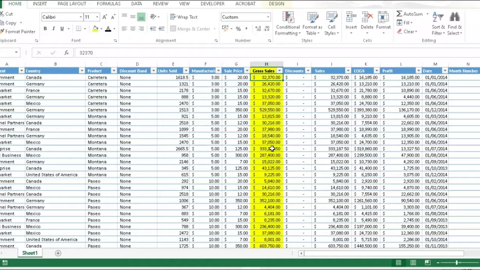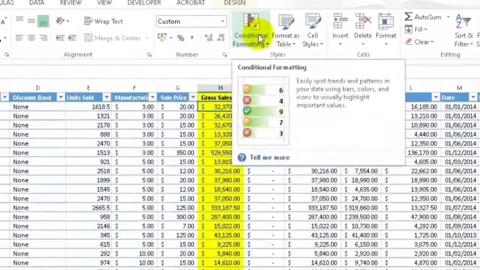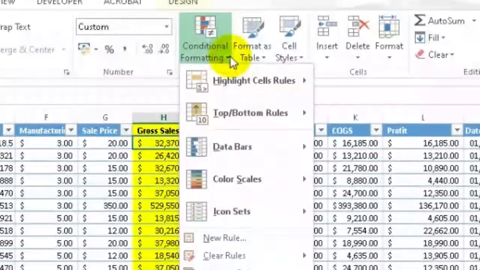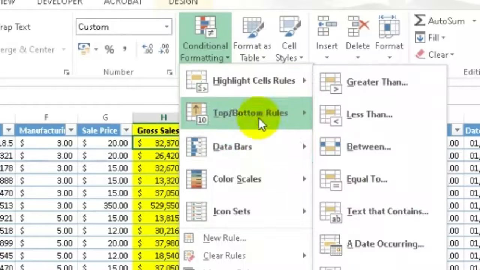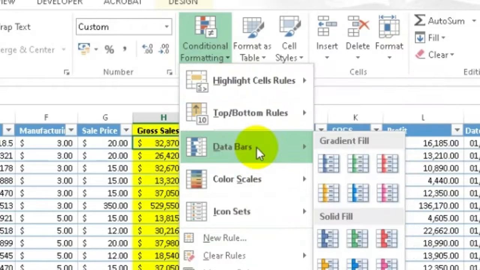One way you can do that, apart from really just arranging it or sorting it, because sorting will just give you an option to put it in ascending order or descending order, is this. While you're on the home tab, you can make use of the conditional formatting. You click here, and there are these options that come here. You can explore some of these others, but I'll show you some of the common ones. We can use the data bars like that